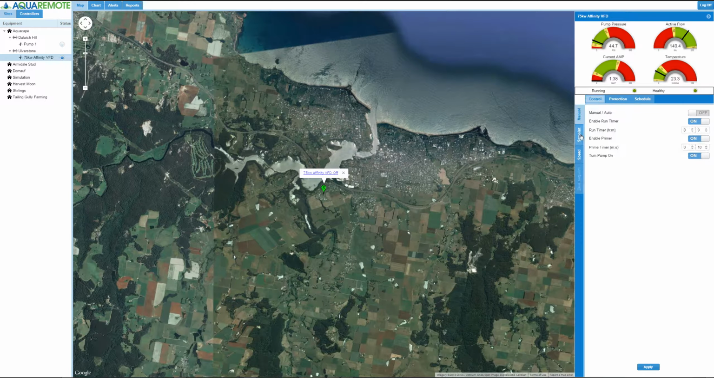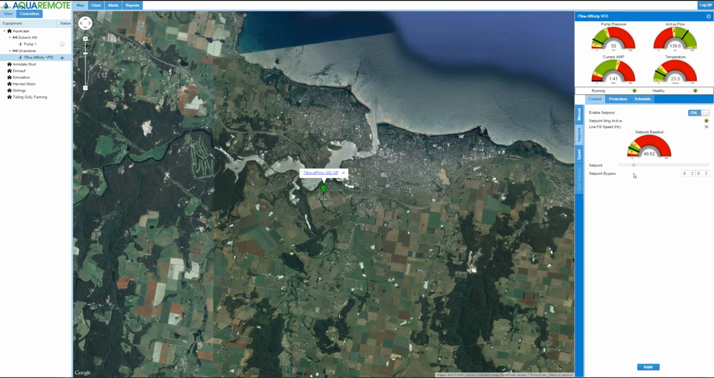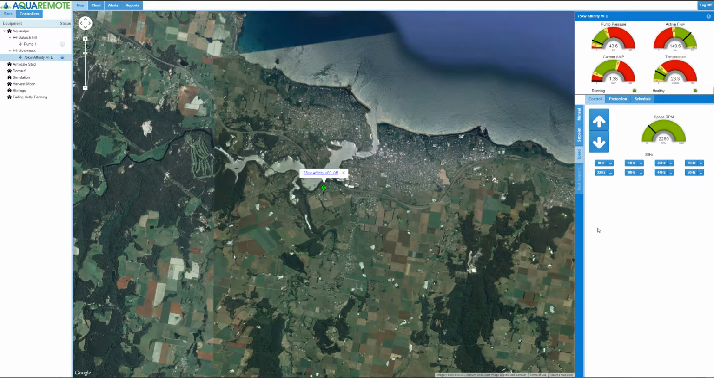Now we have the ability to control our pump in terms of its speed. We've got a set point of 44 psi, which we are maintaining. If I increase this, press apply, you'll see that our pressure is rising to hold our set point of 55. In addition to this, we can disable the set point control and we can control our pump simply based on speed. Here we go,